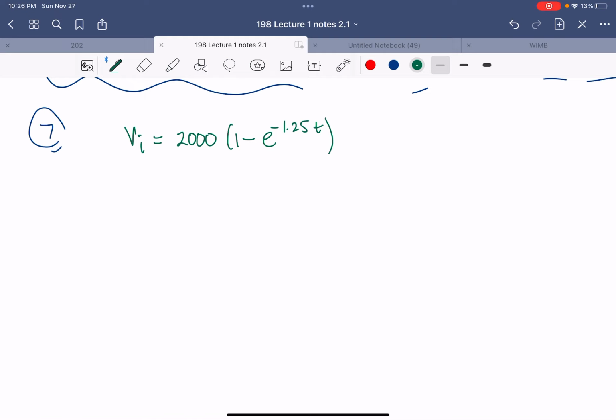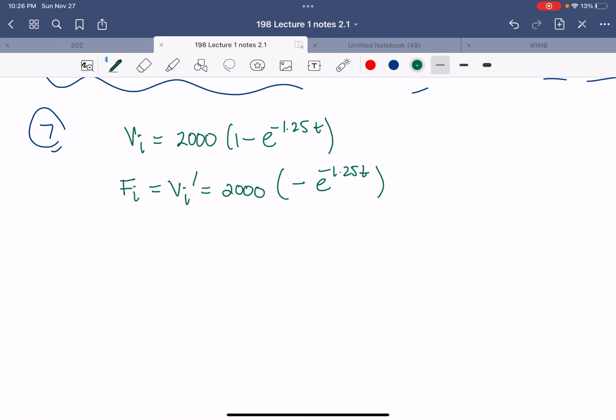So when we go to find the derivative here, in order to find my Fi, this is Vi prime. So I have a 2000 out front and I'm going to leave that there. When we multiply by a number and take its derivative, we leave the number there. Now, inside the parentheses, the 1 minus, the derivative is going to be 0. So then you have minus, and the derivative of e to anything is e to the anything, so e to the negative